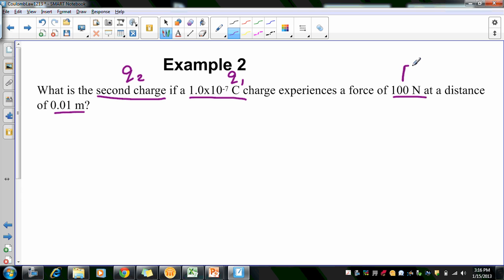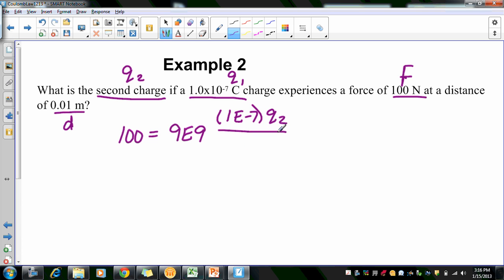Force of 100 newtons makes this F, and distance is D. So 100 equals K, which is 9E9. You cannot forget that constant. Times 1E negative 7 times Q2 over